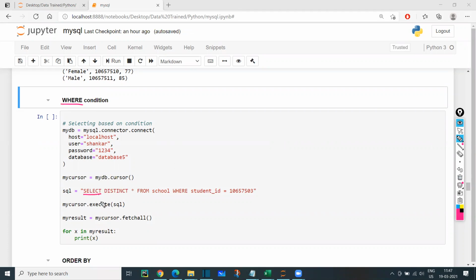Select distinct. So what is distinct? Distinct is only one. If there are multiple similar types of records, I wanted to select only one. Suppose there is a Shankar, and there is one more Shankar. If my condition is, if the name is equal to Shankar, then fetch all the